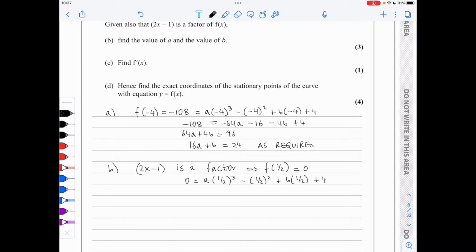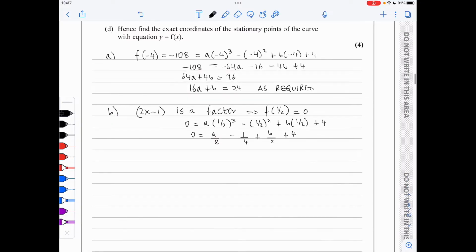And therefore 0 is a over 8 minus a quarter plus b over 2 plus 4. I will multiply everything by 8 to get rid of the denominators of 8. So 0 is a minus 2 plus 4b plus 32,